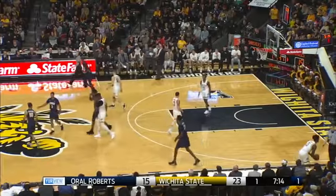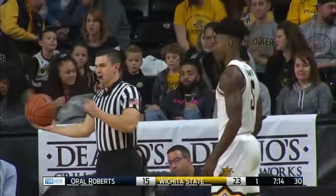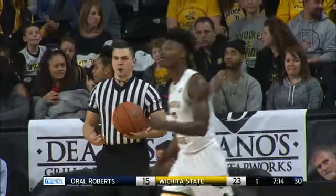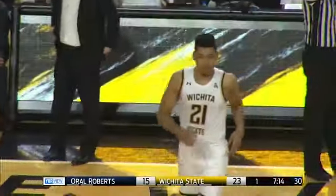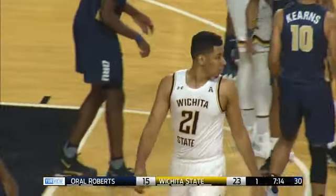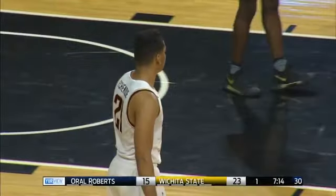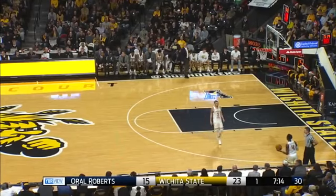8 by the Golden Eagles. They are shooting themselves in the foot time and time again. You know, Oral Roberts is really working hard on the offensive end, setting screens, moving the ball, and really working to get each other open shots. But the Shocker defense is up to the task. They're really getting down and playing some nasty defense, forcing those Oral Roberts